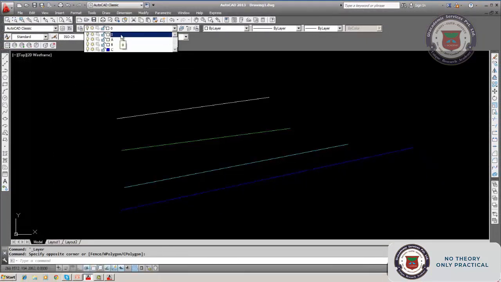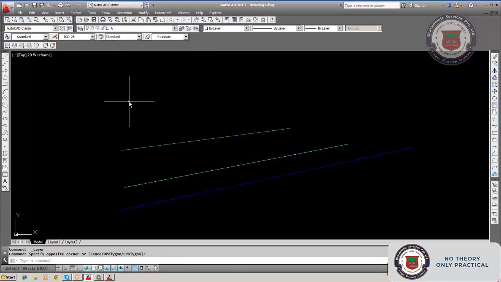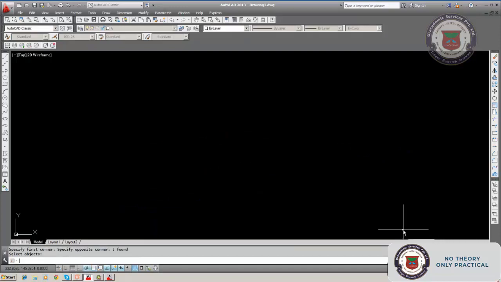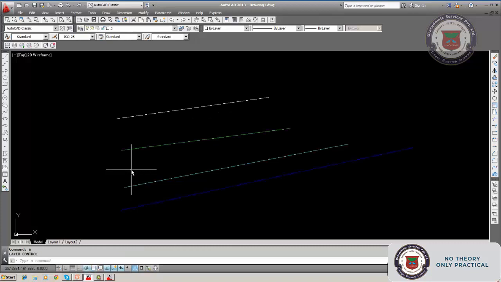I have switched off this layer. Suppose I select here. All layers have been erased, but this layer remains as it is. I will show you. See, even though I selected, it remains as it is. Now, similarly, if a layer is locked, even that you cannot erase.